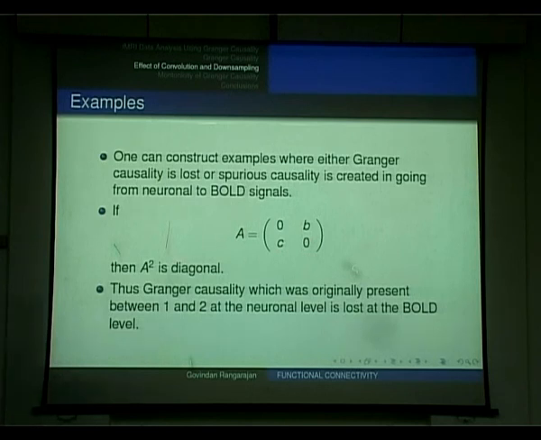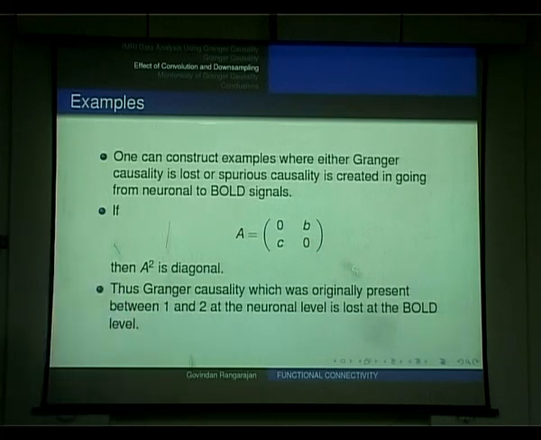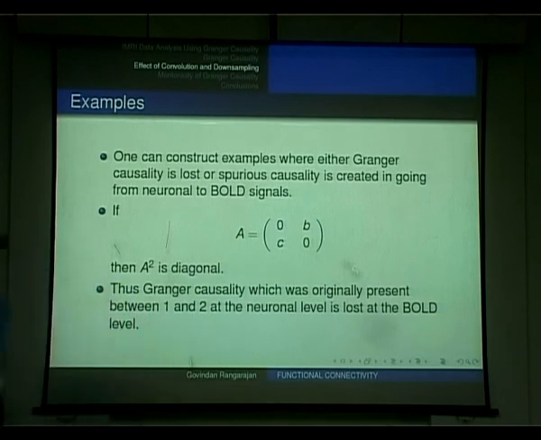So the off-diagonal terms are gone, and that implies that Granger causality is also gone, because the Granger causality comes from these off-diagonal terms, which measure the influence between the two processes. So if you have such a connection matrix, the connectivity which was present at the neuronal level is completely lost when you go to the fMRI level. So you have a spurious result: what was there at the neuronal level you are not at all capturing at the fMRI level because of this